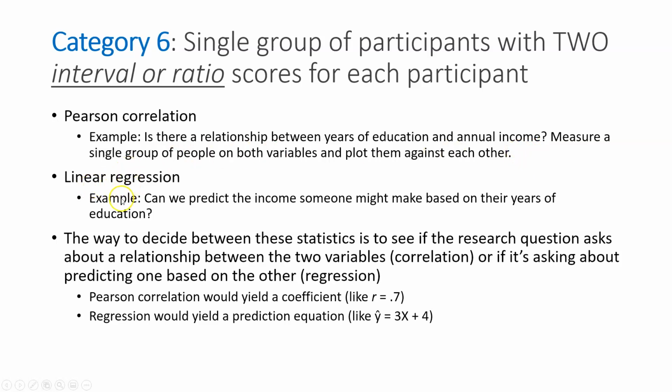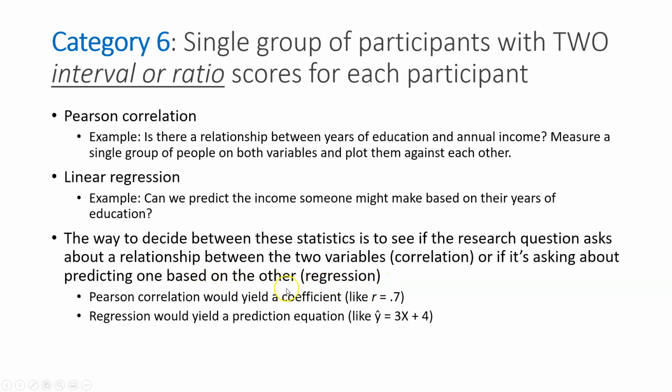A linear regression allows us to predict the income someone might make based on their years of education. So it's the same situation as up here, but after we make that scatter plot, we might draw a line through it that has a particular prediction equation for guessing how much somebody would make based on how many years of experience they have. And the way to decide between these statistics is to see if the research question asks about a relationship between the two variables, that would be a correlation, or